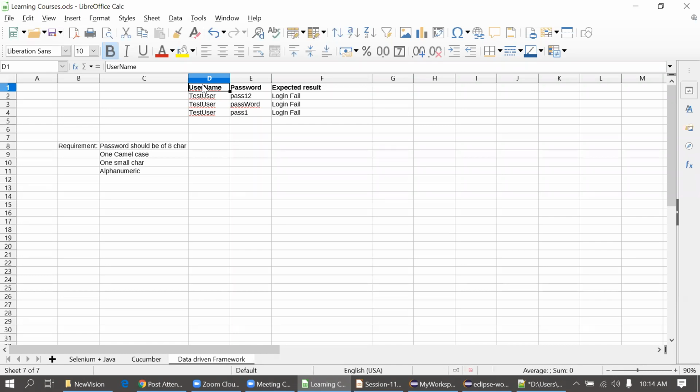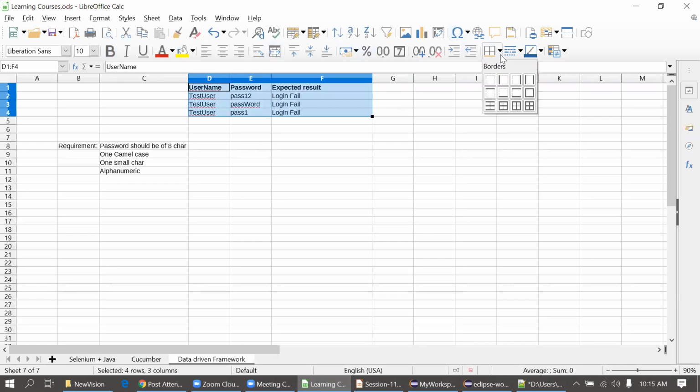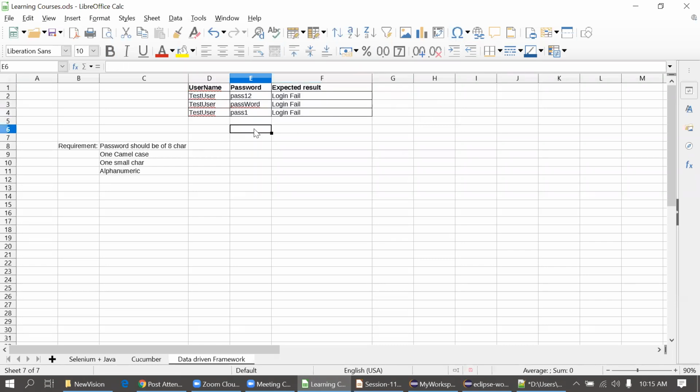Right? So you need to specify this test user or some name in that column so that the code goes to that specific row, or else it will conflict.